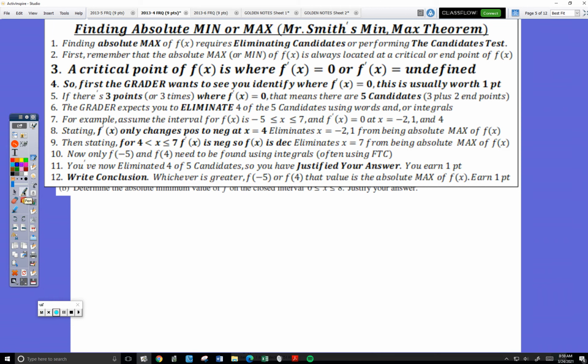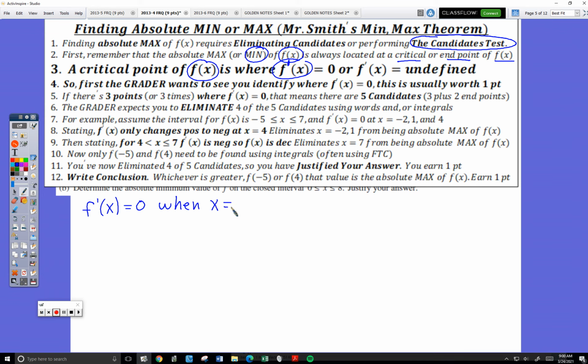Candidate's test. Remember, absolute max of f, absolute min in this case, is always located at a critical or end point of f. Critical point of f is where f prime is 0 or f prime is undefined. Grader wants me to see me identify this, so I write that down. F prime of x is 0 when